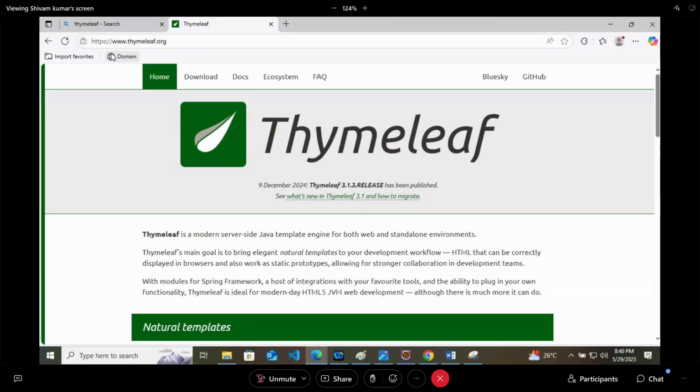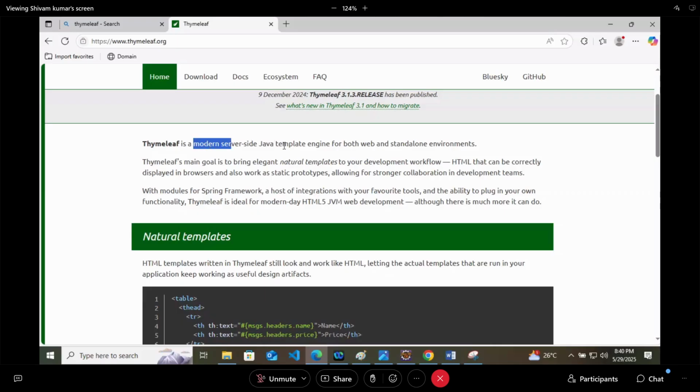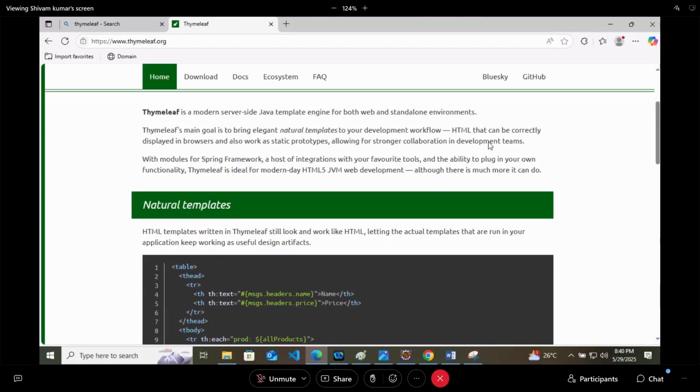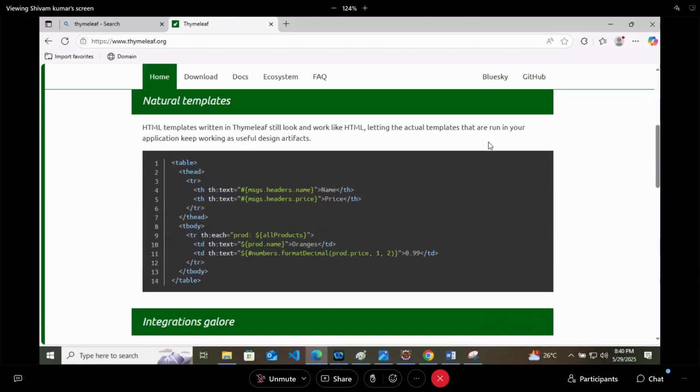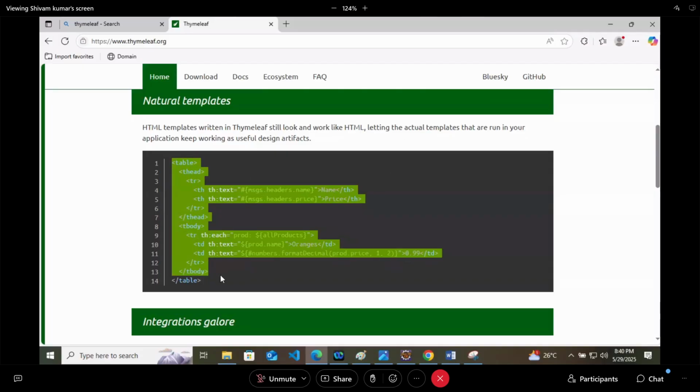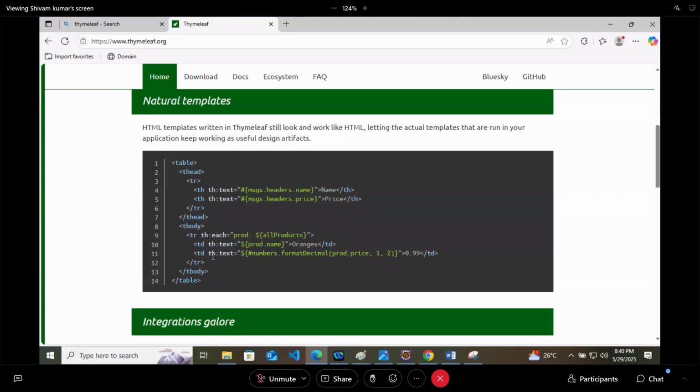What is this? Inside the HTML only, you can write the Thymeleaf code. Means you can convert one HTML page directly to a dynamic page. Your HTML will behave like a dynamic template. Like this, it will create. So what we will do, or before that,